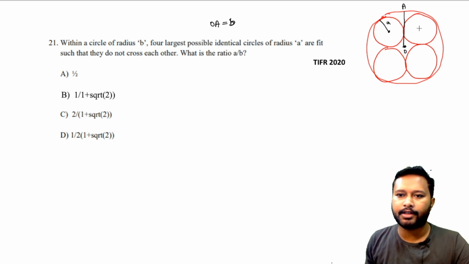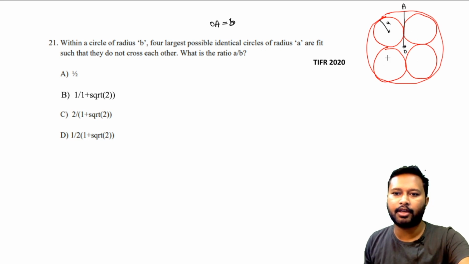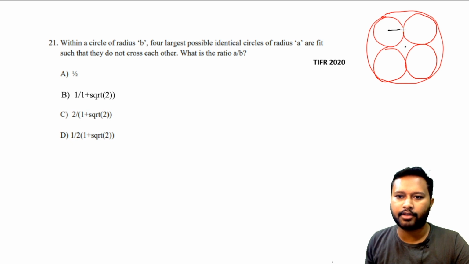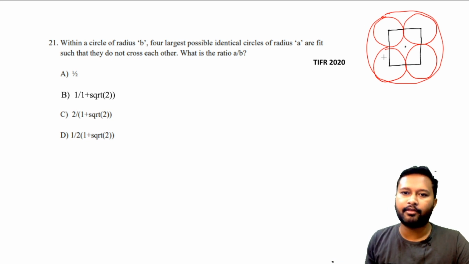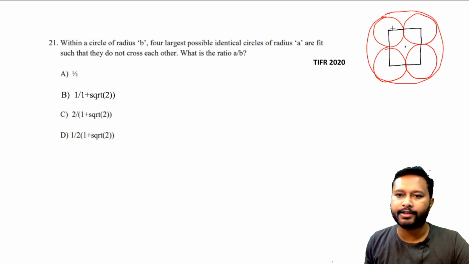Now just understand one thing: if I join the centers of all these 4 circles, I am actually going to form a square. I'm just going to erase that A and B for now. I'll join so that the image looks a little clearer and we can understand what's happening. I'm just joining the centers of all these circles. Now a square will be formed. Why a square? Because all the 4 sides are going to be the same. You can see that it is a, it is also a, and a, and a, because these are radii, right?